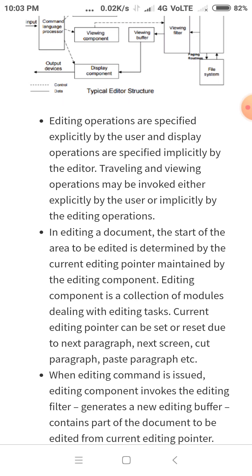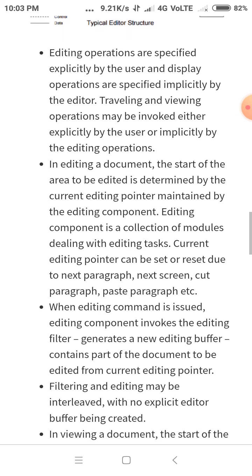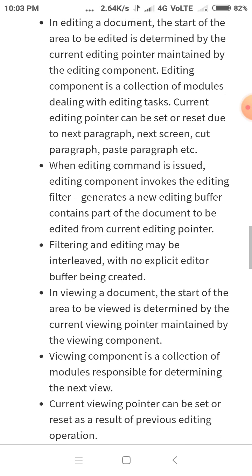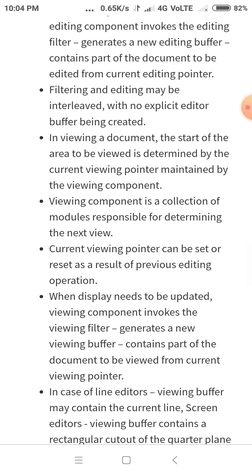Current editing pointer can be set or reset due to next paragraph, next screen, cut paragraph, paste paragraph, etc. When an editing command is issued, the editing component invokes the editing filter, which generates a new editing buffer containing a part of the document to be edited from the current editing pointer. Next, filtering and editing may be interleaved with no explicit editor buffer being created.